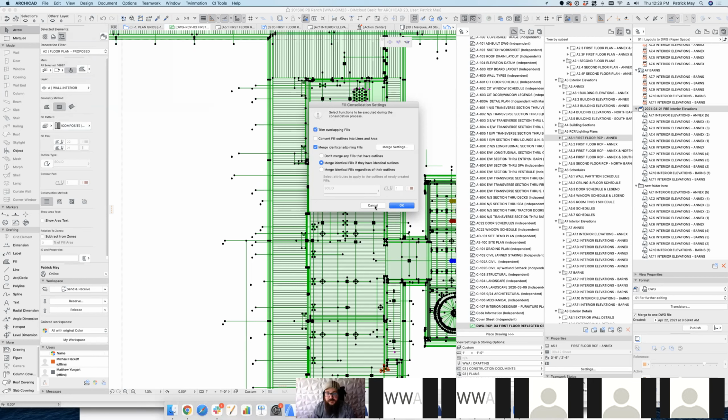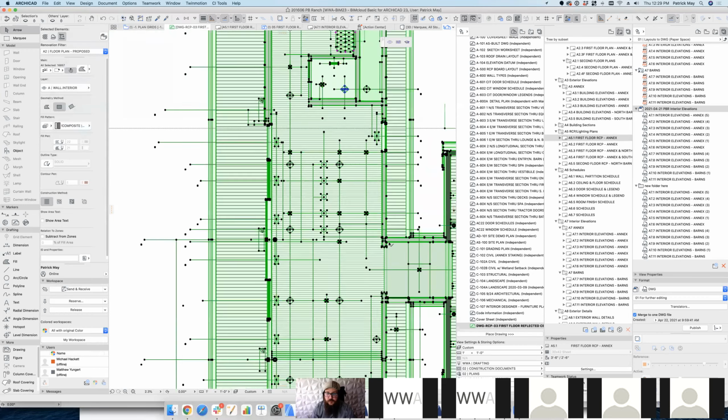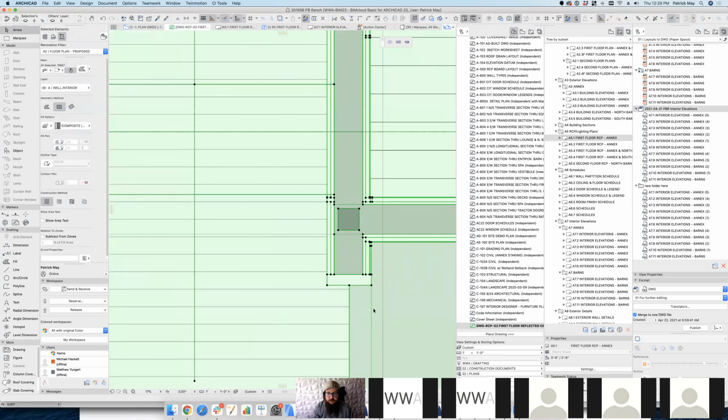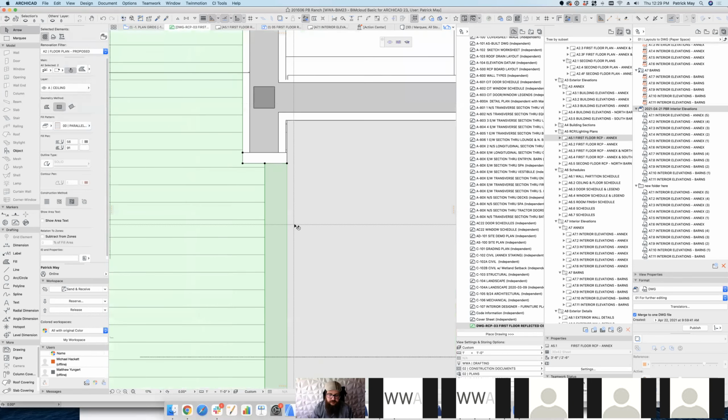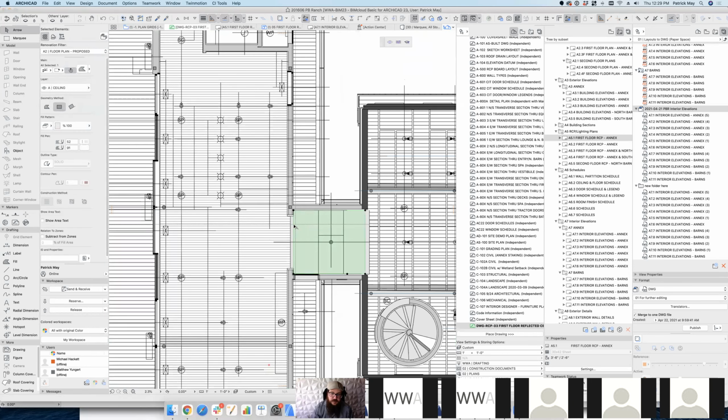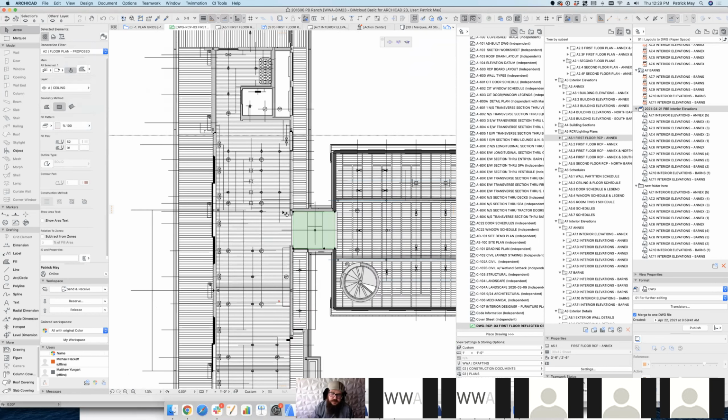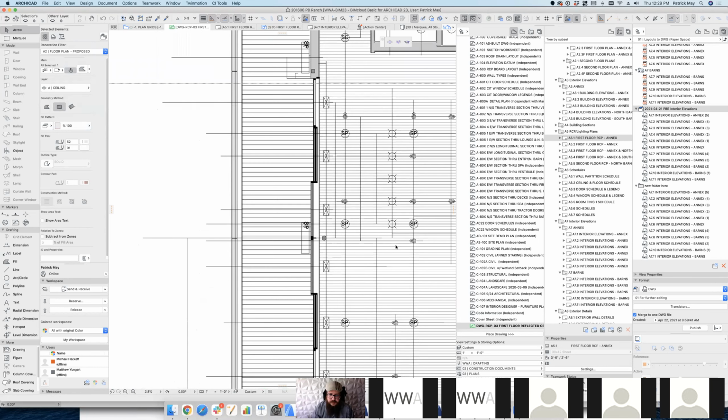But really, it's as simple as that, just grabbing everything, not even trying to find specific fills or anything, and running those consolidations. Just be aware that if you have the wrong settings, it may try to, for example, consolidate this fill with this fill, and those are two different fills. We want to keep those as two different fills. But worst case is you just have to delete it, start over, or undo it, and kind of be more